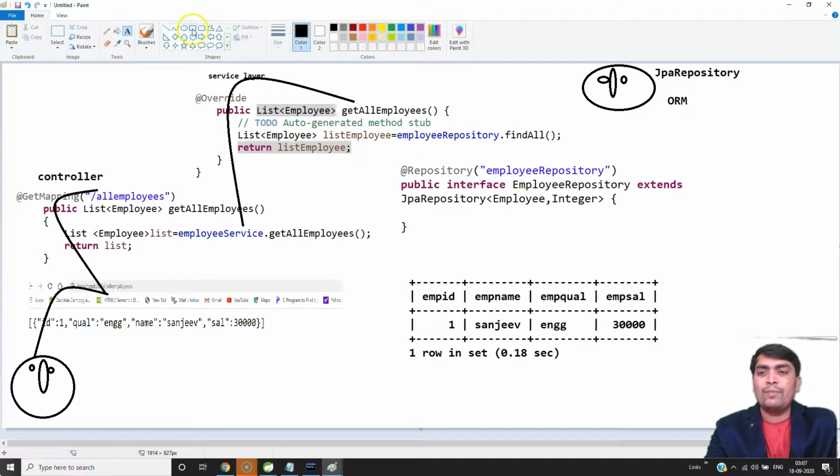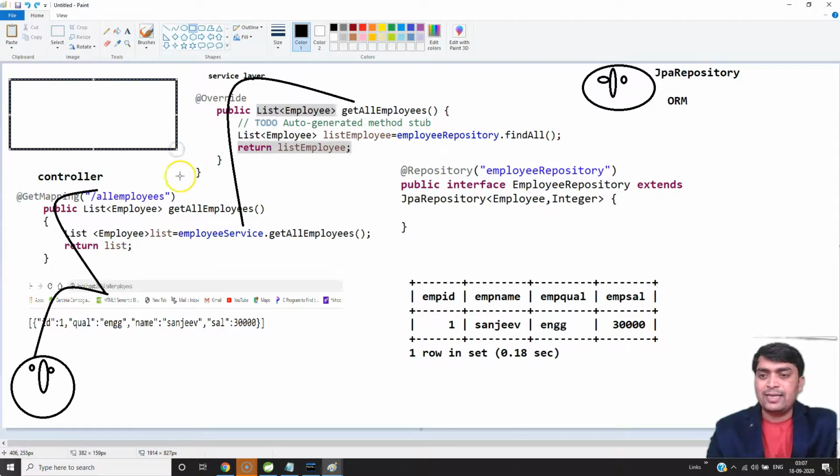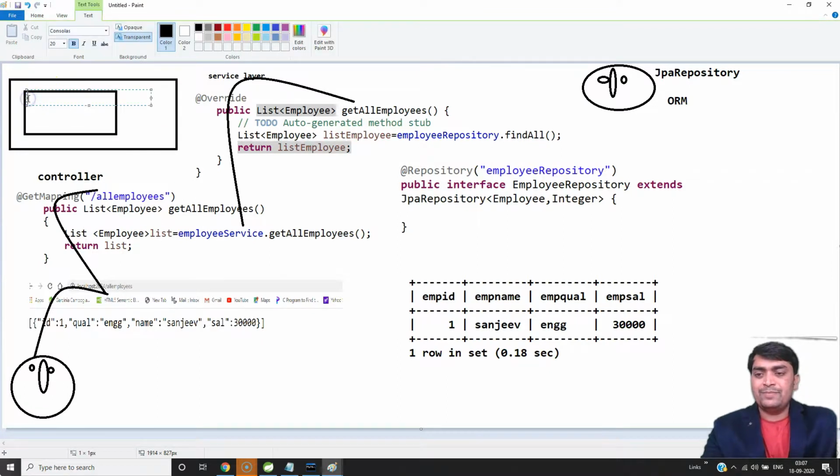The list contains Employee objects, and each Employee object contains fields like ID, name, qualification, and salary.